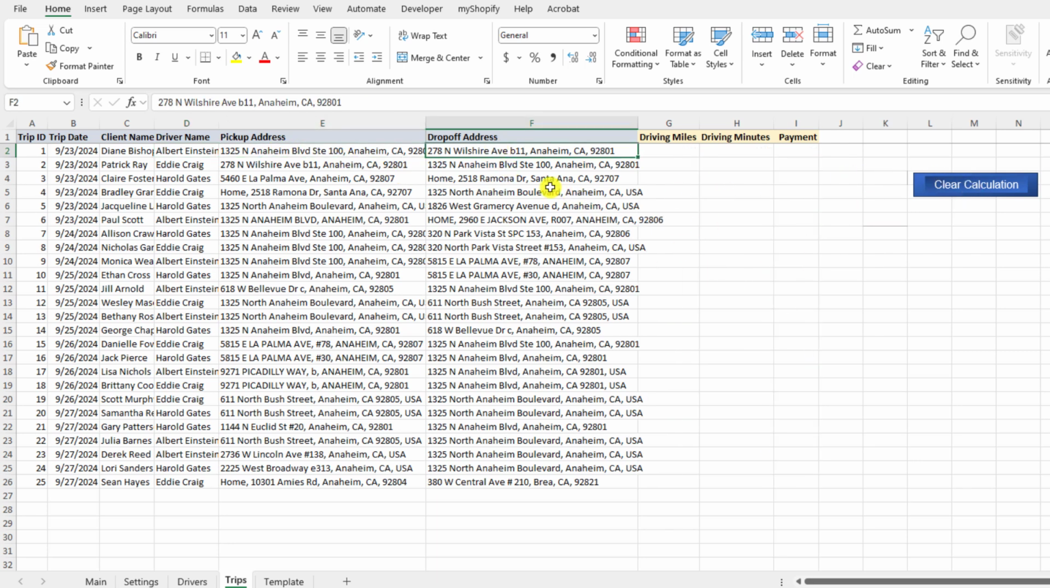I'm going to clear these calculations here. And these are the input information. The tool will calculate the driving distance between these two and calculate the payment that is due to the driver for that specific